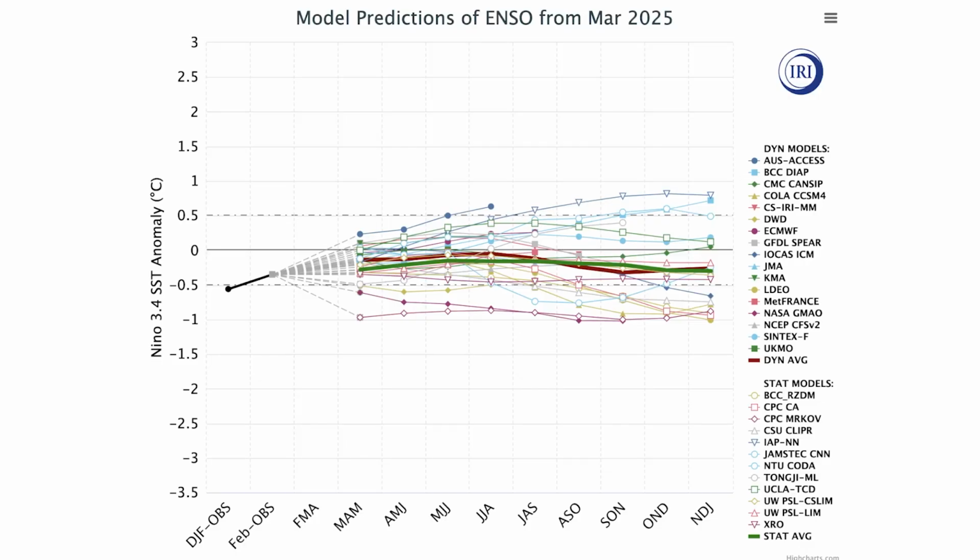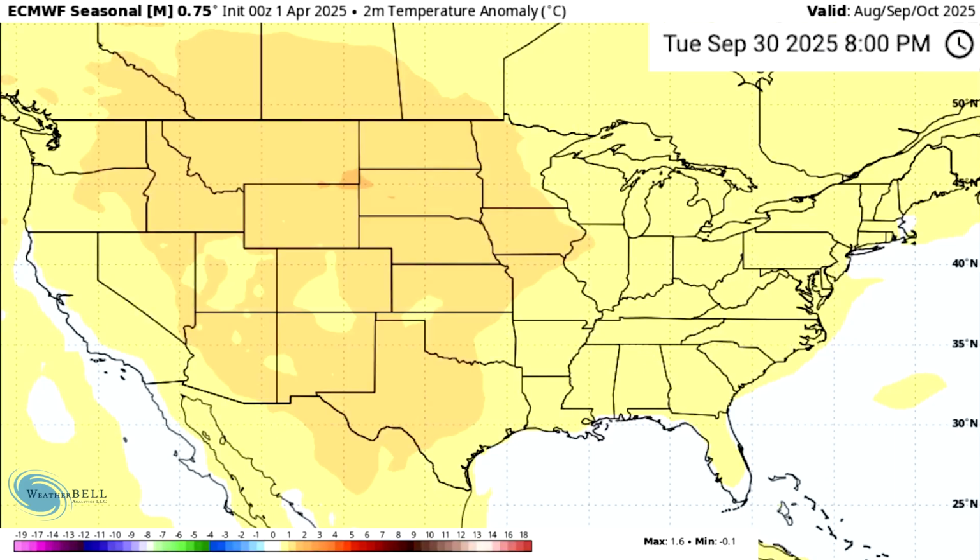Now, as we take a look at the European seasonal model here for the temperatures for the fall time, we can only get August, September, October because it's the furthest this model goes out. Also, some of these models do have a warm bias, in my opinion, where they just want to show everything warm in the long range. We see that every single year. So keep in mind that we're going to mostly want to look at where the warmest temperatures are, and where the least warm temperatures are is where there could be some colder conditions.